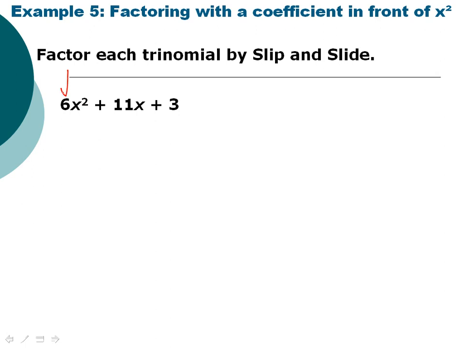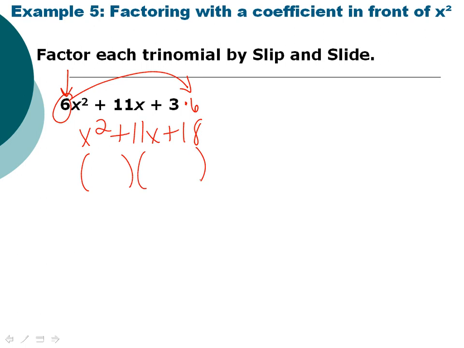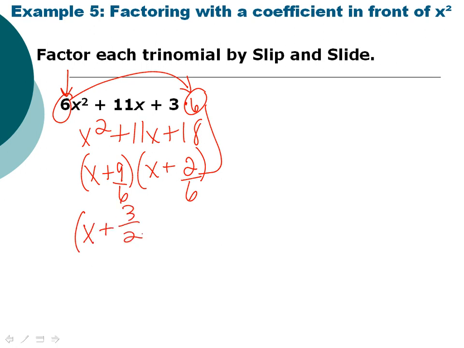Okay, that's that one. Number 5, we're going to do slip and slide with. The reason I have to do that is because there is a coefficient in front. I'm going to take the 6 and slip it over to the end. That gives me x squared plus 11x plus 18. Now I need to factor that. Two things that multiply to give me 18 and add to give me 11 are 9 and 2. Now I need to take the 6, slide it back under, and now I'm going to multiply each of these. I think I'm going to reduce my fractions. 3 over 2